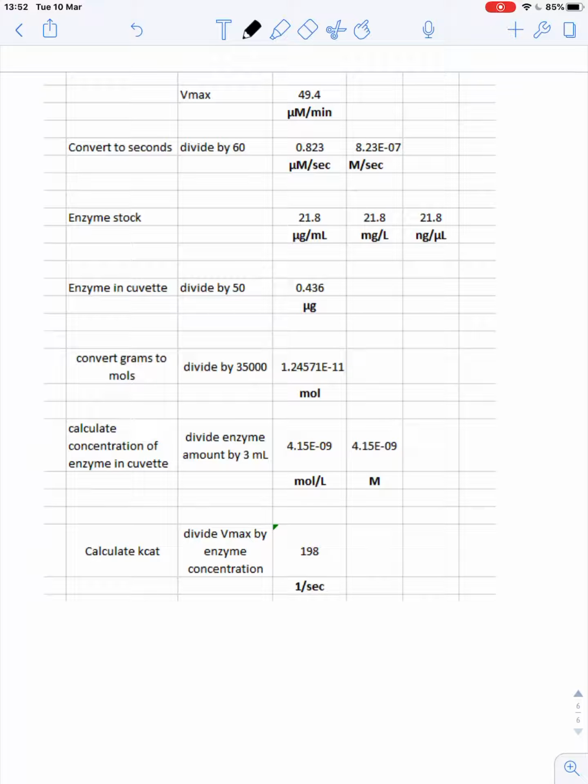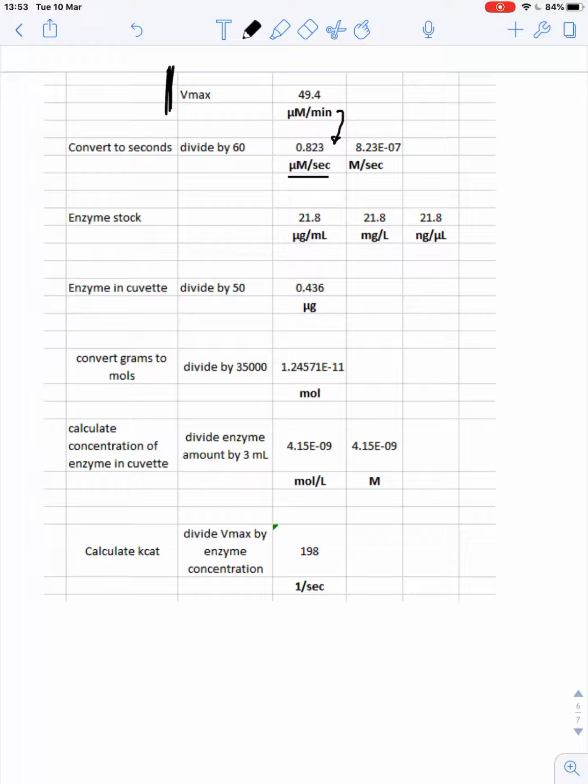So in order to calculate the turnover number, or kcat, what we need to use is our Vmax that we just determined from our Eadie-Hofstee plot. So let's say we have a Vmax of 49.4 micromolar per minute. And by convention, we usually give a kcat as per second. So we simply convert the minutes into seconds by dividing the number that we got for our Vmax by 60. So 49.4 divided by 60, we get 0.823